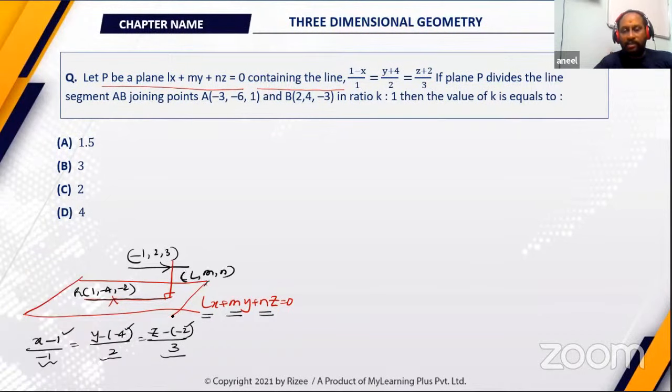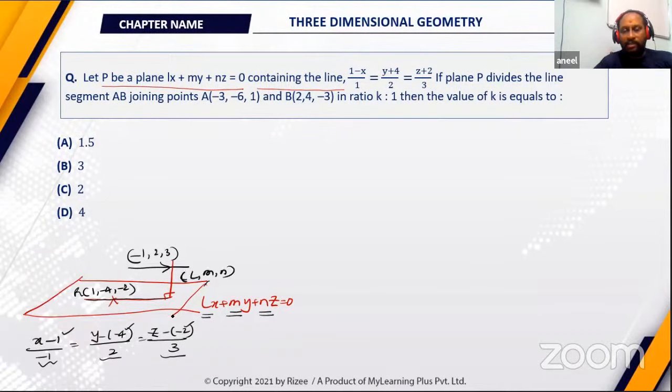Now, what are all the points that we observe? First, we are supposed to get the equation of the plane. Why? Because he says that this plane is dividing the line joining the points A and B in the ratio of k:1. So I need to find k. If I have to find the value of k, what is the formula for which the plane divides in which ratio when it is asked? What is the formula that tells us how to find out the ratio? It is minus of substitute the first point in the plane by substitute the second point in the plane.